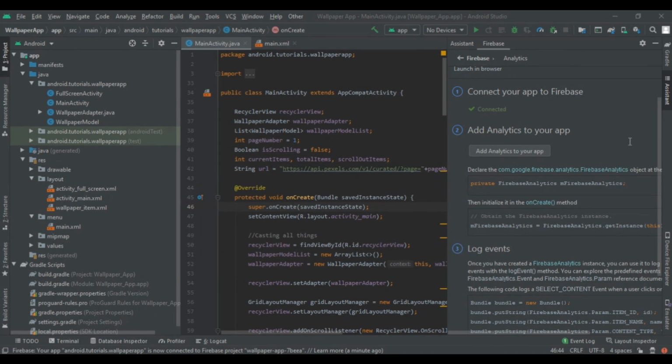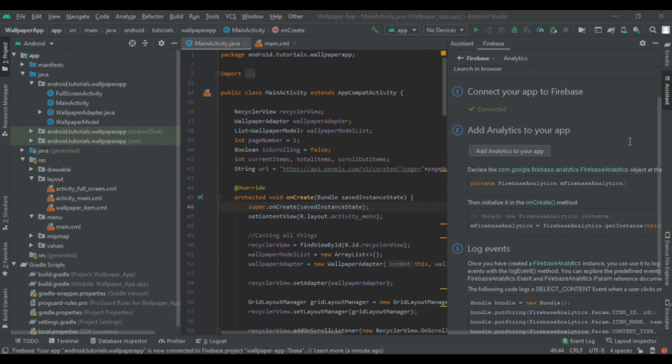Now start the implementation of the other things, and the second thing was our performance tracker. So get started with it and add performance monitoring to the app. This will again add some dependencies, so accept all the implementation, then go back and start implementing our third, which is notification.